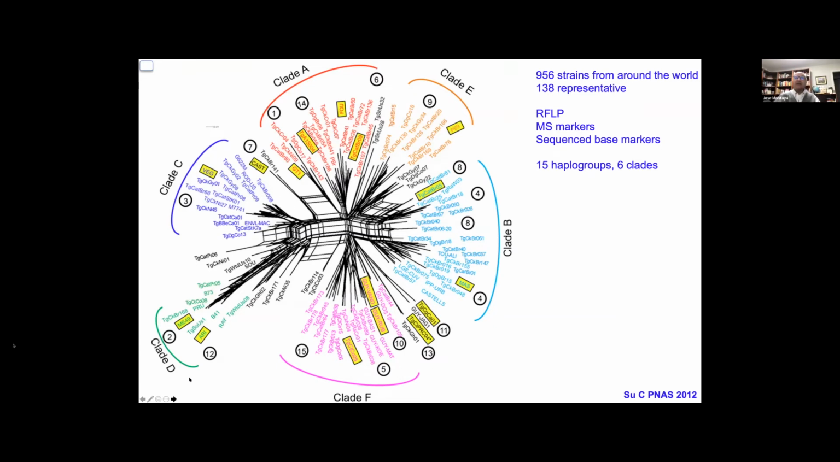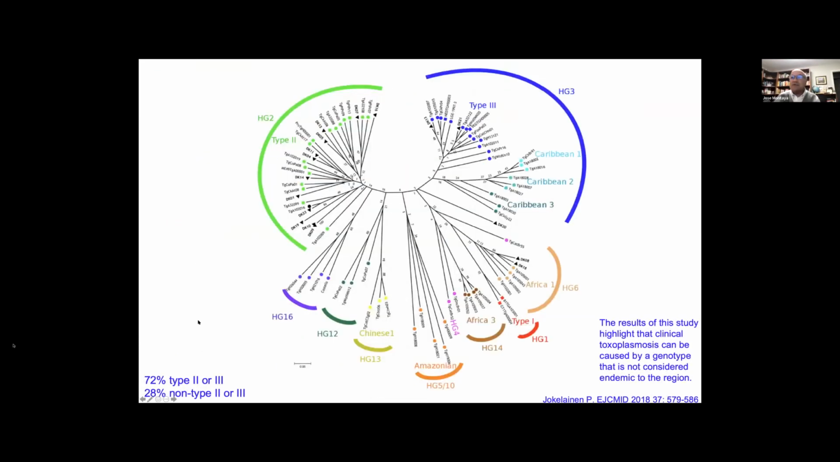Second here, great. This is a study that came from Denmark, and its first author is Dr. Jokelainen here in the group. What they found is they were able to type the strains from clinical samples in humans, and they found that 72% of the strains, as expected, were of the type either 2 or 3, that it has this lower virulence. In this phylogenetic tree, you can see first that there are 16 haplogroups from 15 from the previous paper,